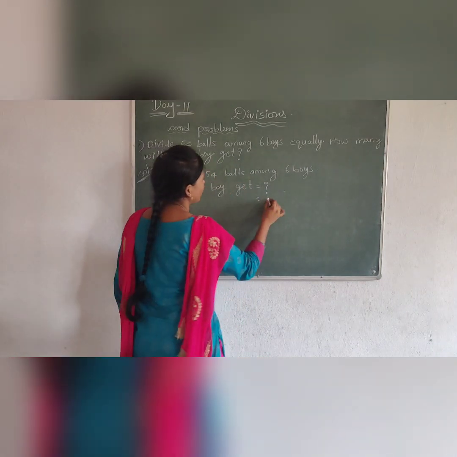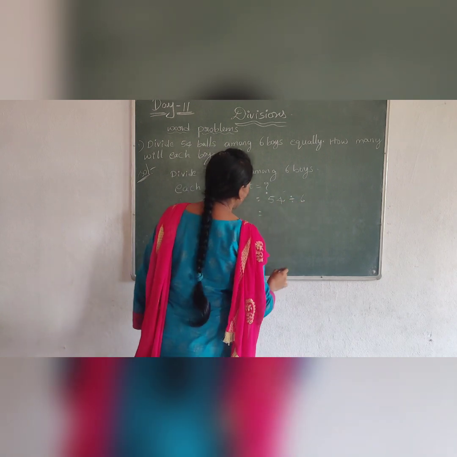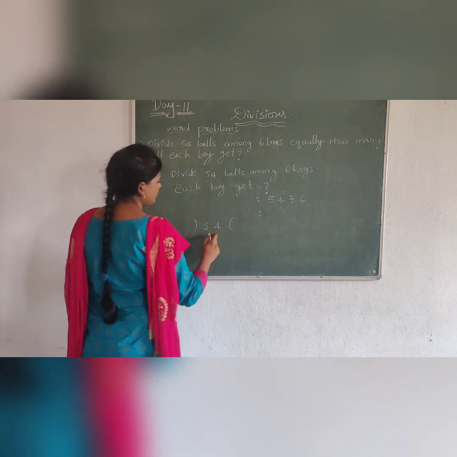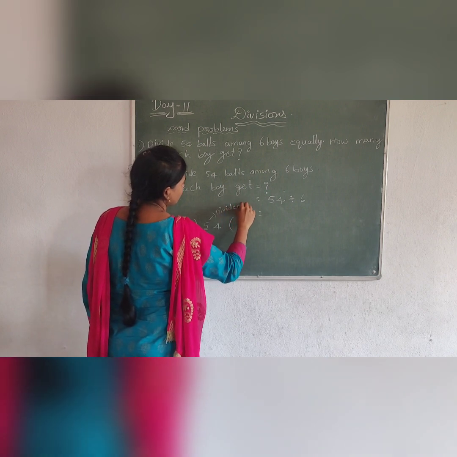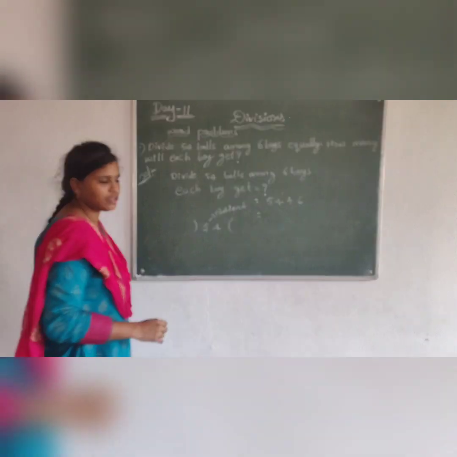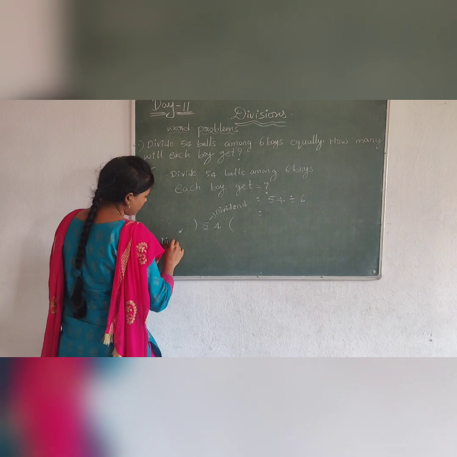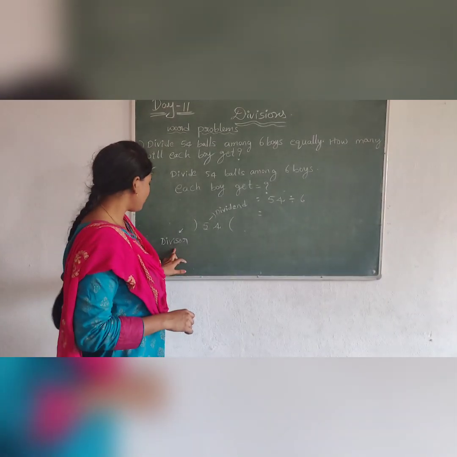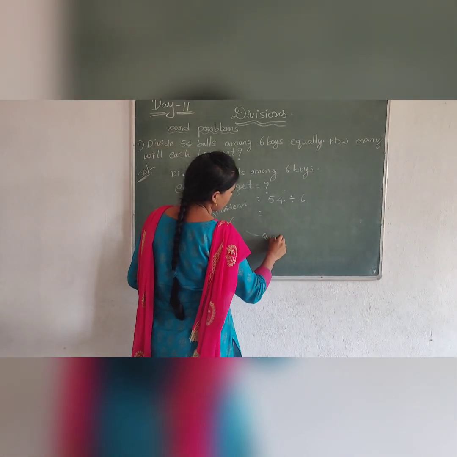Okay, let's divide 54 divided by 6 is equal to, let's see the sum. 54 is the dividend. All of you listen carefully. And what is this? This is the divisor, right? Okay, understood? What is this? Dividend. What is this? Divisor. And what is the answer? That is the quotient.